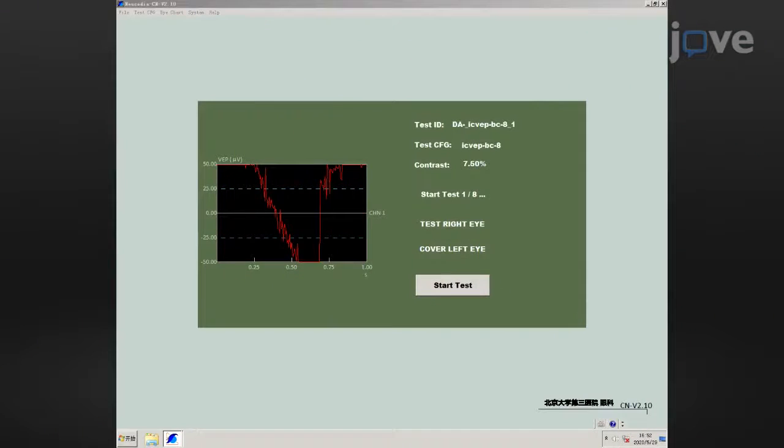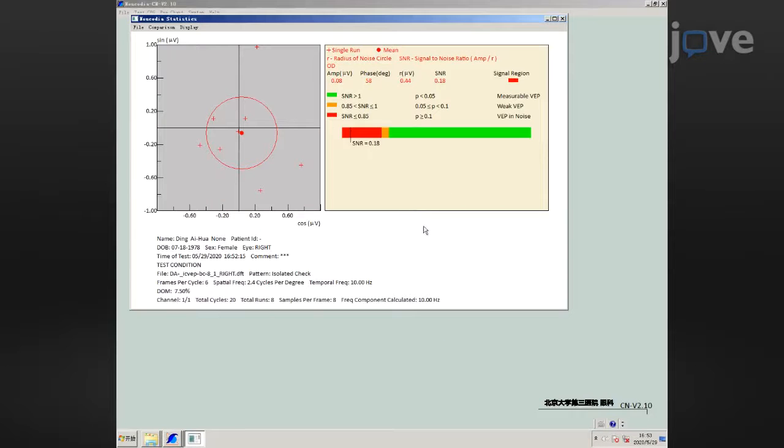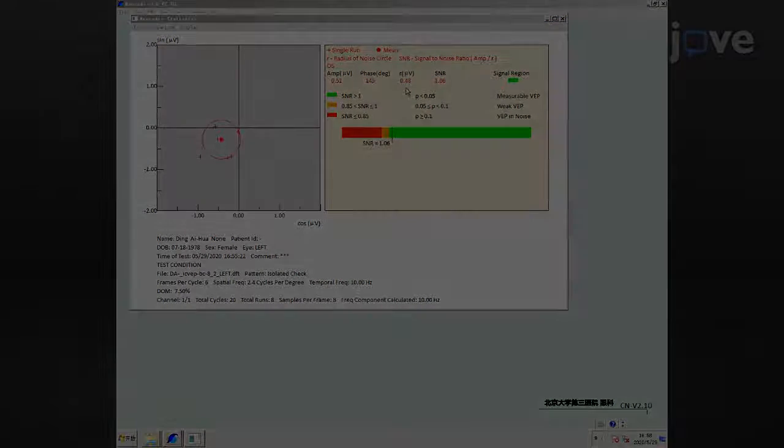To avoid the influence of a study curve, check the right and the left eyes. Then check the right and left eyes again, and record the second result. Initiate a retest after